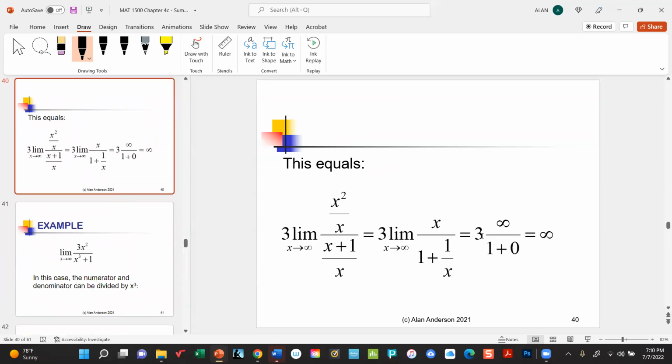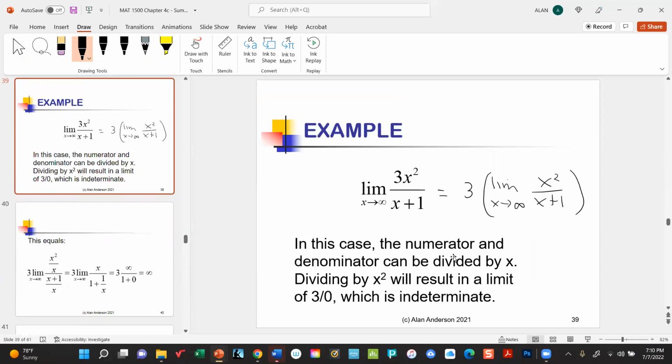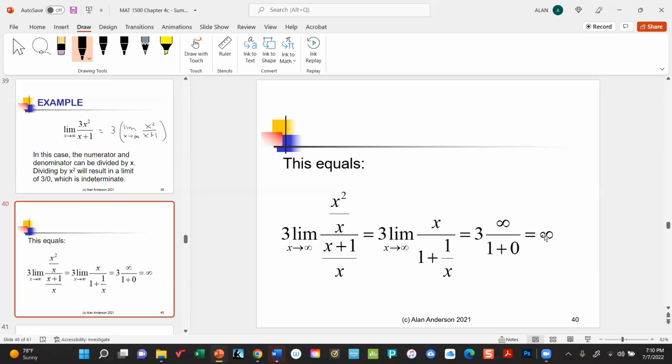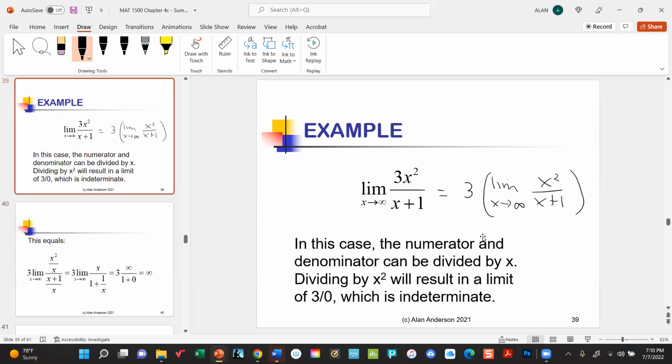We can't really do anything with this. We simply say the limit is infinity, and that's the end of it. We can't use L'Hopital or anything to simplify it. The limit is simply defined to be infinity. Now, that usually means that there's an asymptote of some kind. So if you look at this graph,